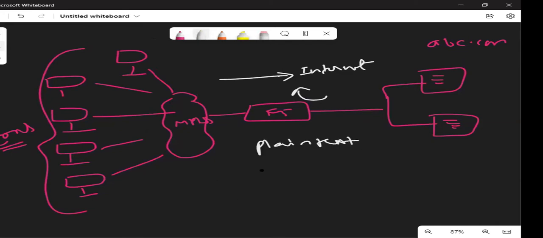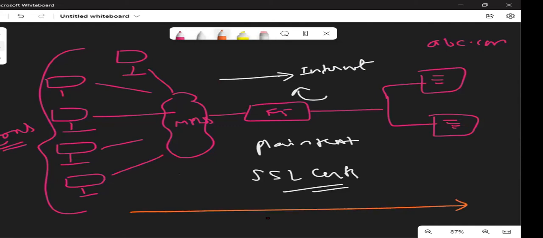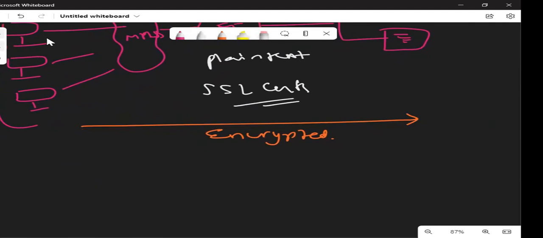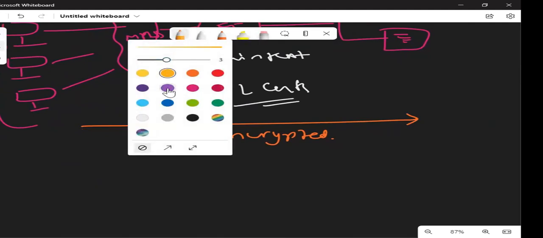And that is where the SSL certificates come into the picture. Using SSL certs, whatever communication is going from one end to the other end will be encrypted, end-to-end, over the internet.